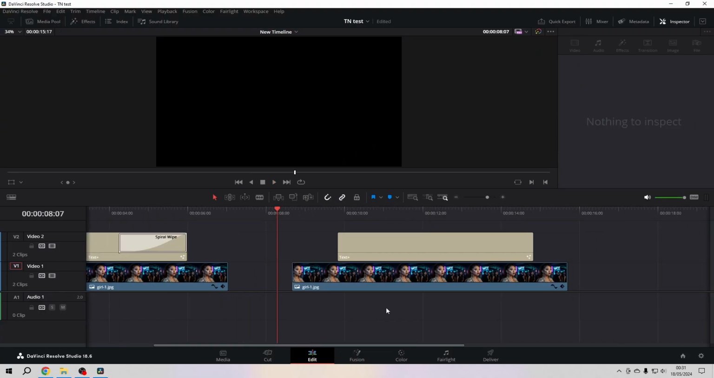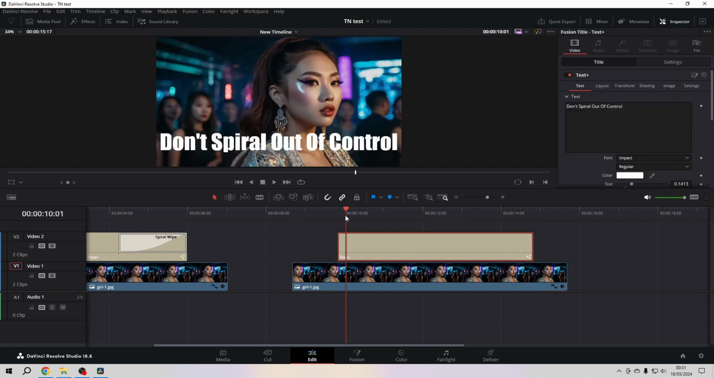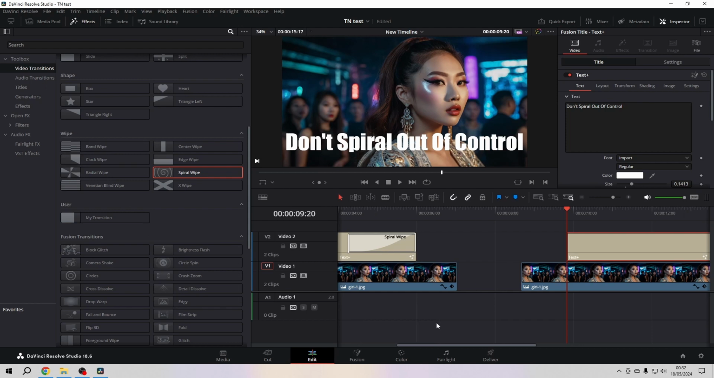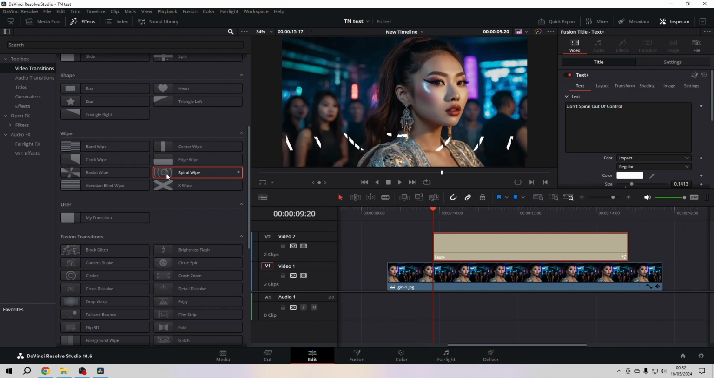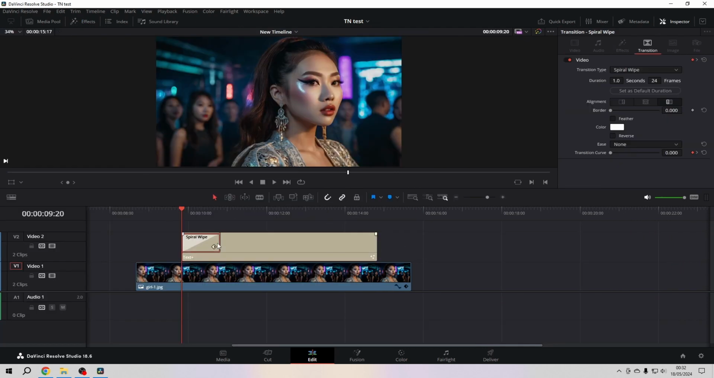So as always, I put some footage on my timeline and some text, and then I'm going to the effects library, and in the toolbox in the video transitions I go to the wipe department and I drag the spiral wipe onto my text. Close the effects library, make sure that my spiral wipe is selected and that the inspector